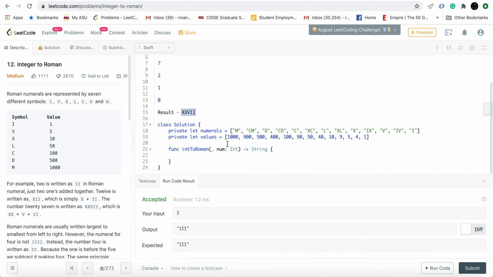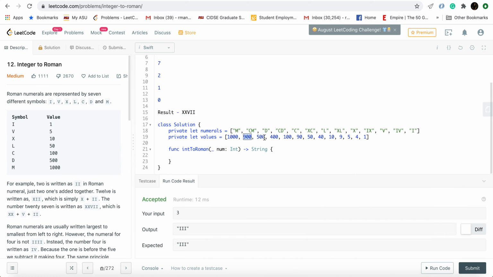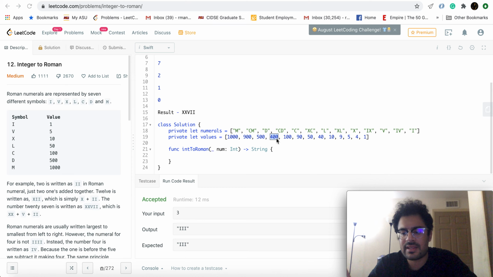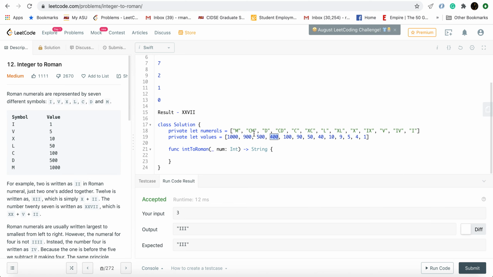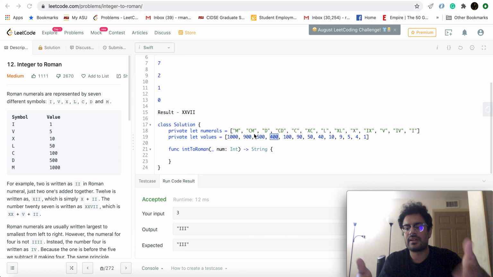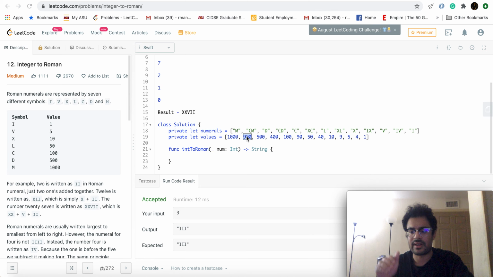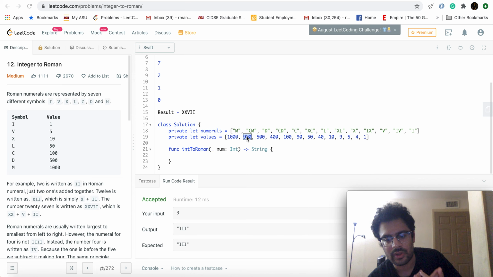I think the catch, or the thing to realize about this problem, is to know that we can use these exceptional numbers just as any other token in the result array, just as any other component to sum up to the resultant number. Not just these numbers, we can actually use these exceptional numbers as well, and we don't actually have to account for that messy subtraction in the for loop. I think we don't need any other concepts to actually get to the coding part.